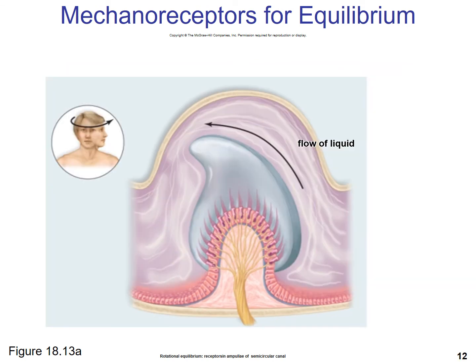So you can see as the liquid flows that the stereocilia themselves are also being bent. And as they're bent, then they're going to transmit this sort of change of direction. And you can see right here in the diagram that the guy is shaking his head back and forth. Okay, so if you spin around and around, the reason why you get dizzy afterwards, where you can't really walk straight after spinning around, is because the liquid is continuing to flow. So when you stop spinning, the liquid doesn't stop flowing immediately. It continues to flow, and that's what gives you the sensation of dizziness.